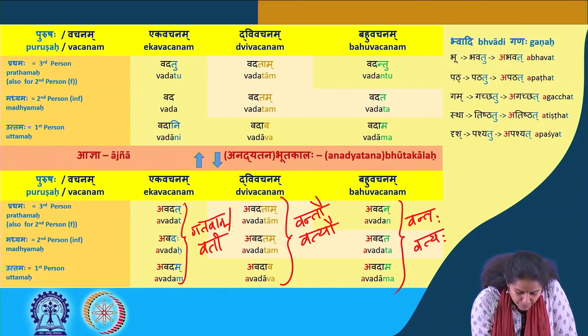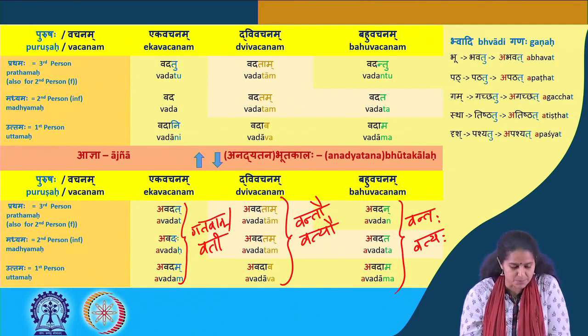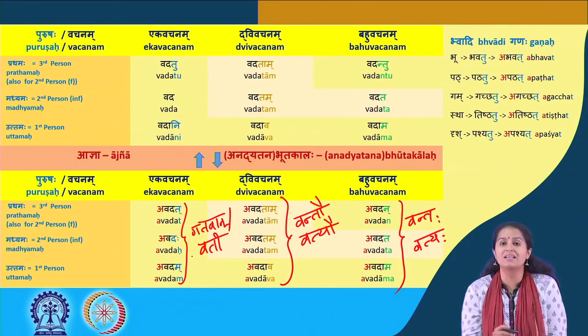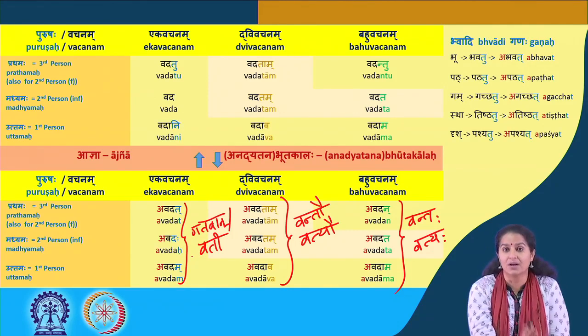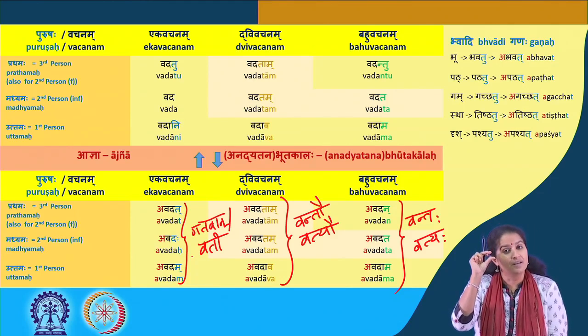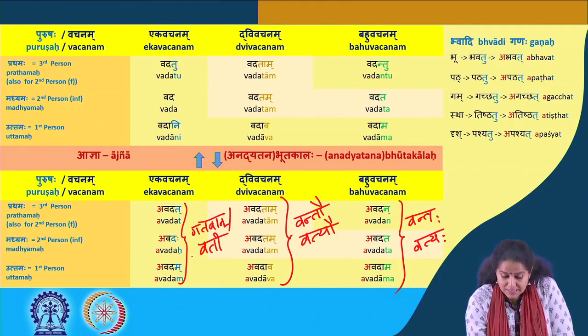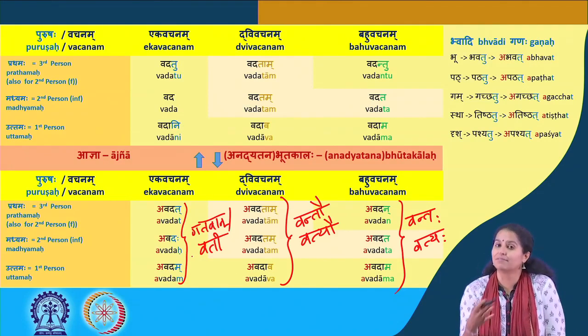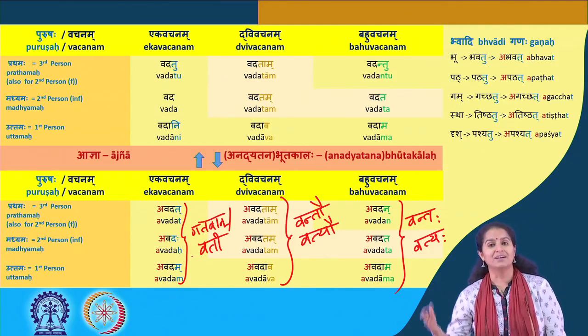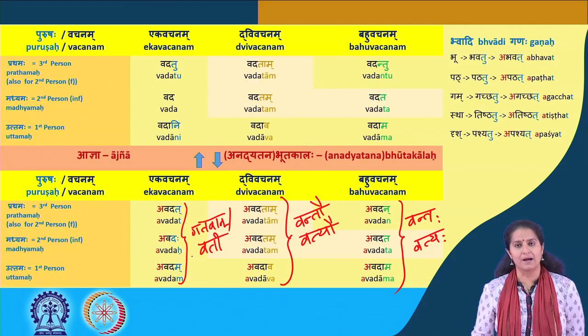That for the third person, second person and first person, or the prathama, madhyama and uttama purushaha, it is replaced by gatavan in the singular. So gatavan and gatavati. So there is a question of gender when you're using the simplified past, which is not there when you do the regular verb conjugation. Similarly, in the dual case, we have gatavantau or gatavatyau, and in the plural, gatavantaha or gatavatyah.